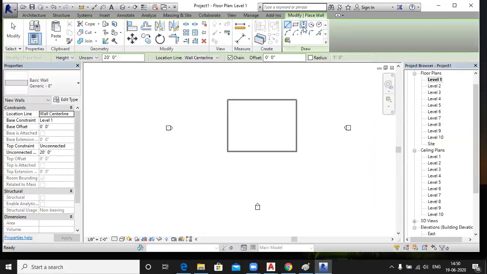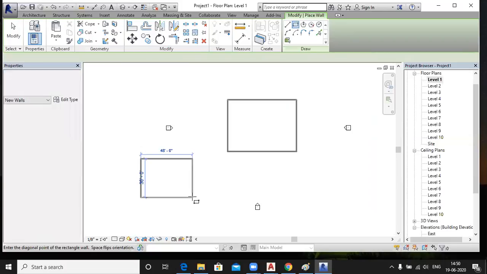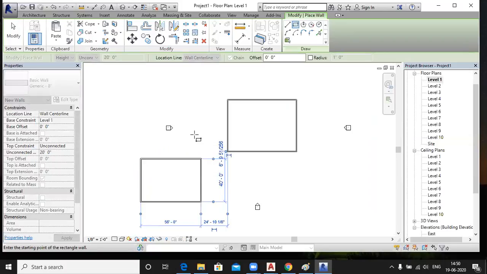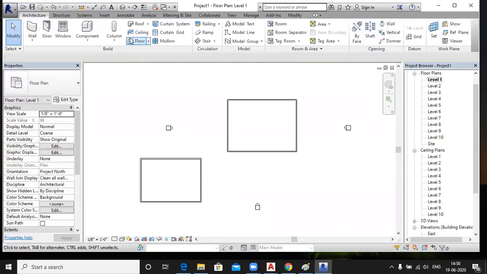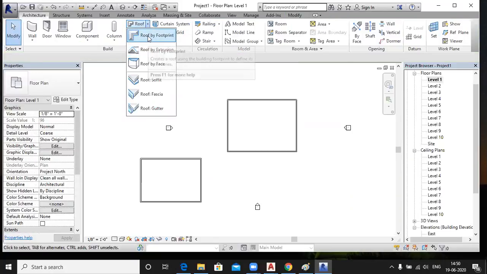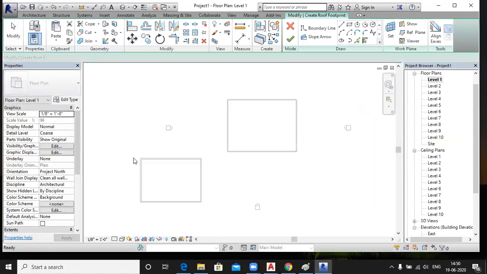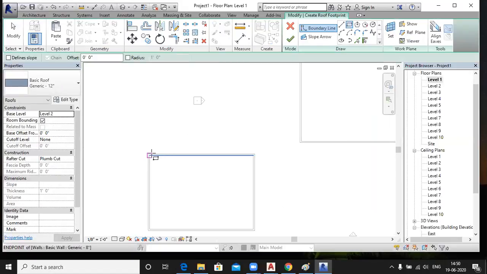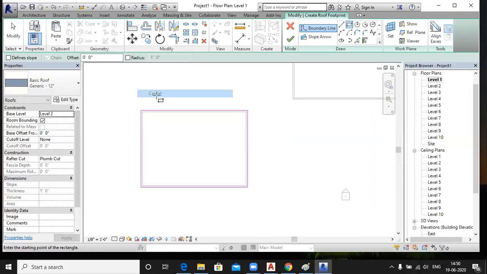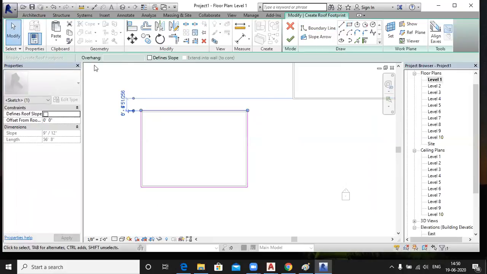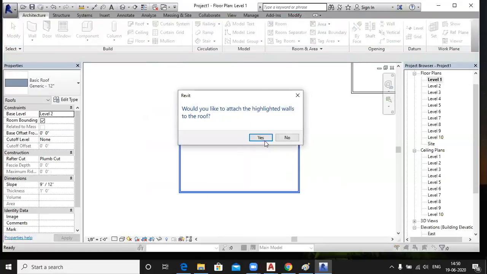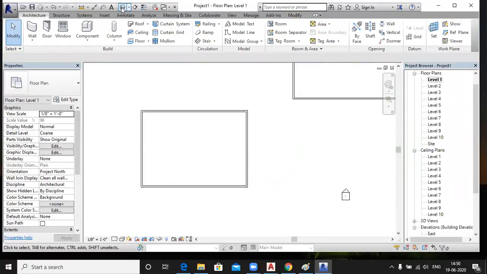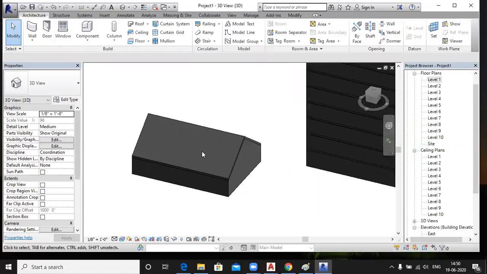Draw other walls here, and I am creating a roof, roof by footprint on level 2, and draw this one, and I have to apply two slopes, only two edges, and click on finish, right? So in 3D you can see this is your roof, right?